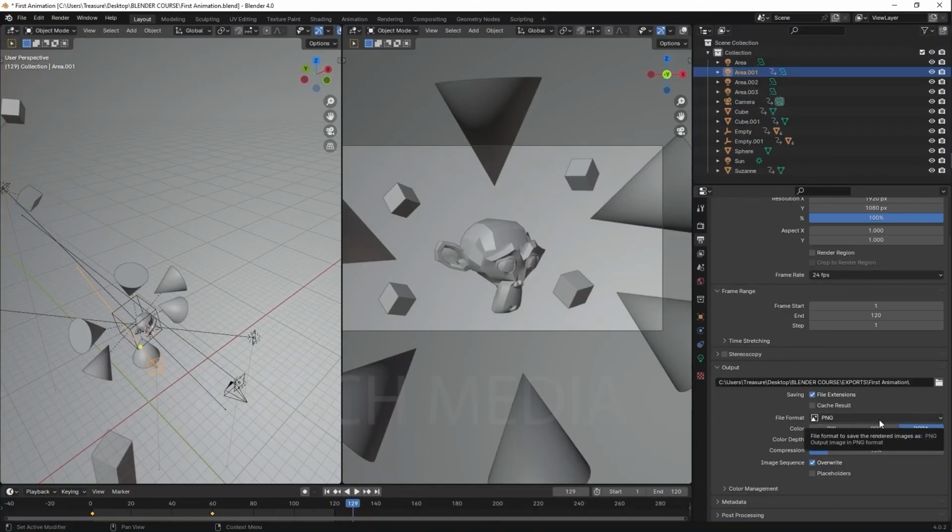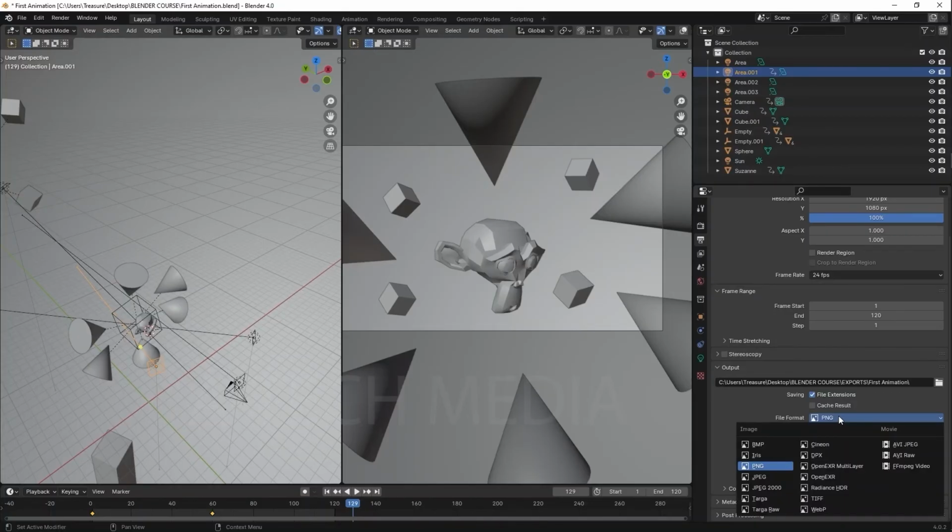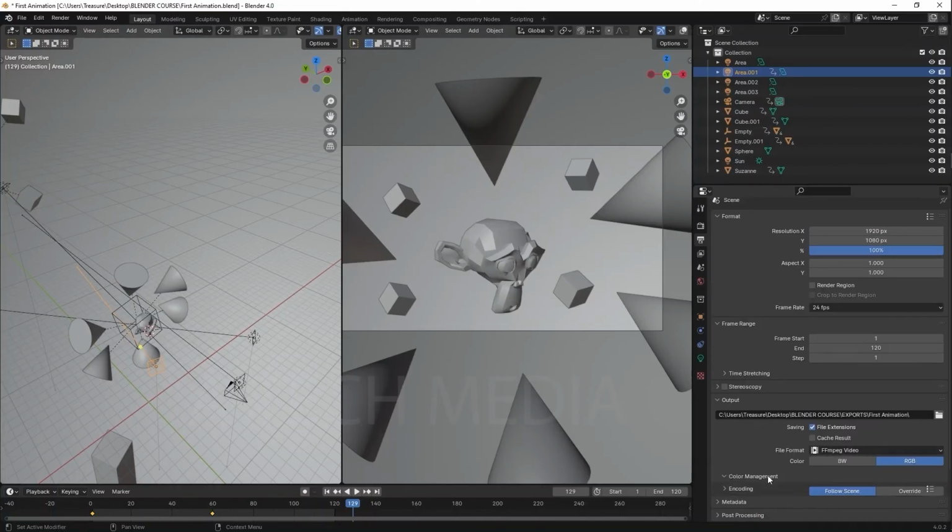Now, it is highly advised that you render as picture frames. I told you that it's highly advised that I render as picture frames. If you remember, I told you that a video is just made up of still pictures being displayed at a high speed. So the reason why I don't advise you to render as a video, you can do that if you want to,